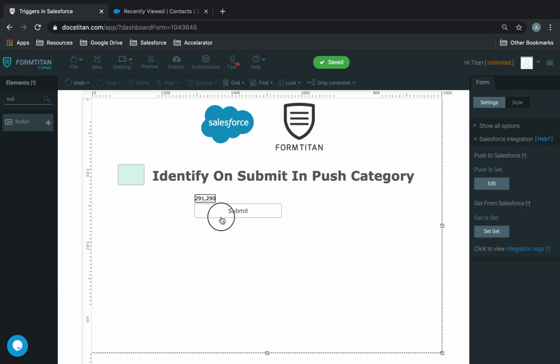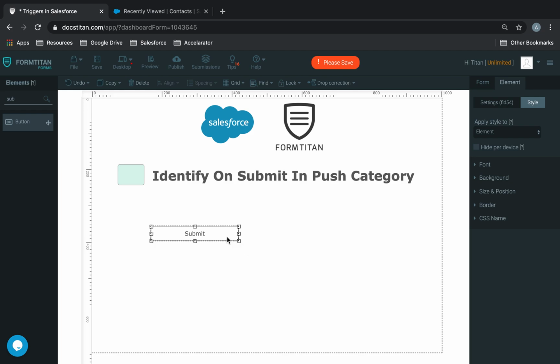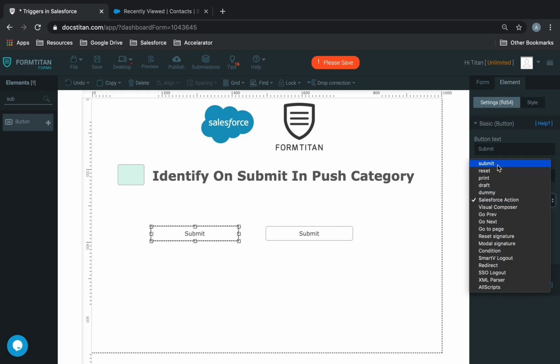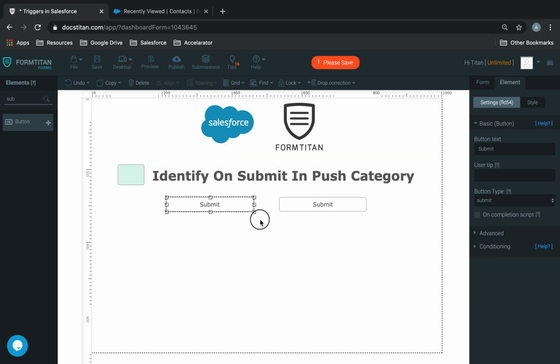Let's say I get two submit buttons, cancel this, and then I'll just duplicate this one here. On one button here, I'm going to set this to submit, and the other one, I'm going to set this to Salesforce action. Essentially the difference between the two is that this one is on submit because the button type is submit, so we'll always have the green action next to it. And this one is a Salesforce action button type, and this is classed as a custom action, which will have a pink